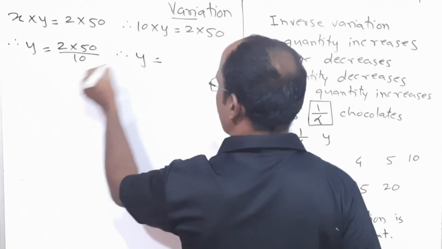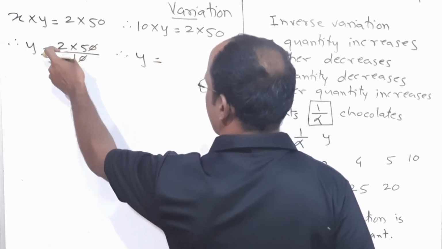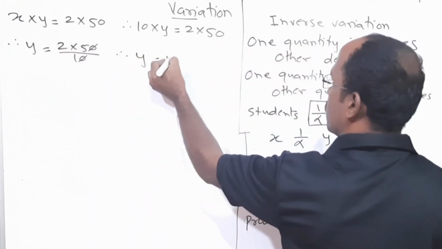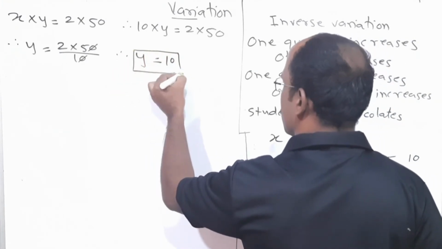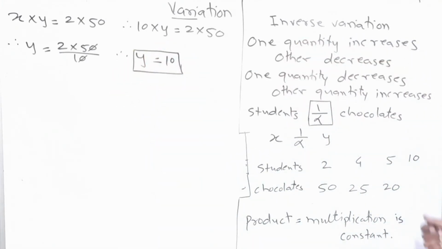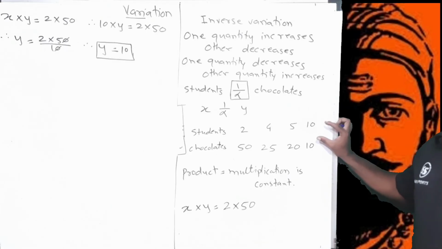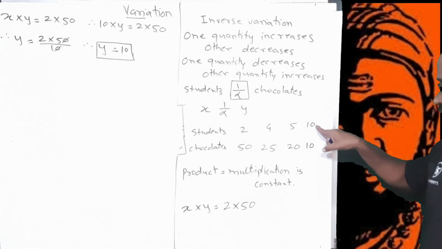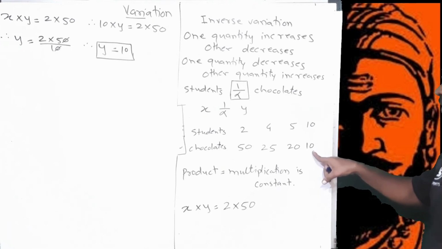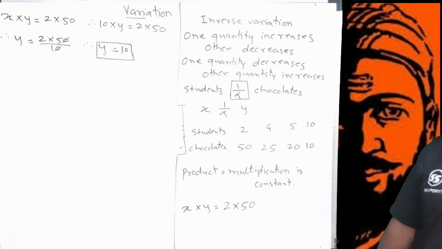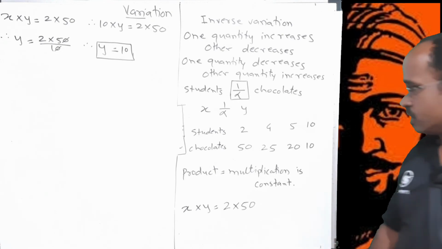Therefore y is equal to, this 0 0 will cut, 2 5s are 10. Y is equal to 10, meaning the number of chocolates per head is equal to 10. If we distribute those 100 chocolates among 10 students, each student will get 10 chocolates. Clear? Now suppose the question is,